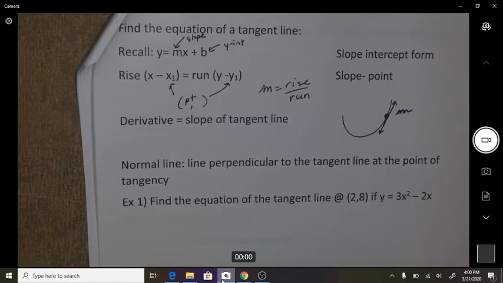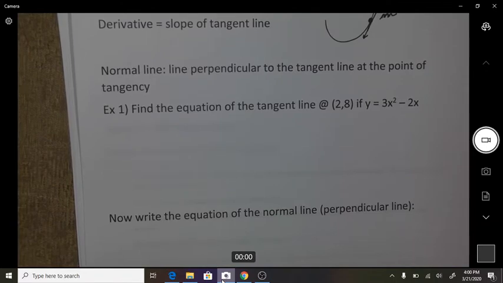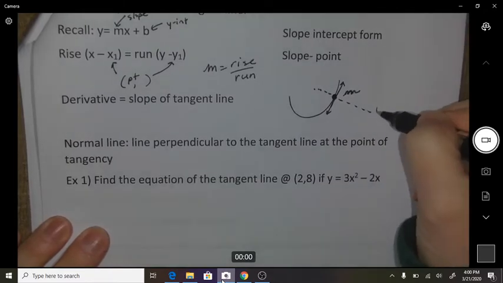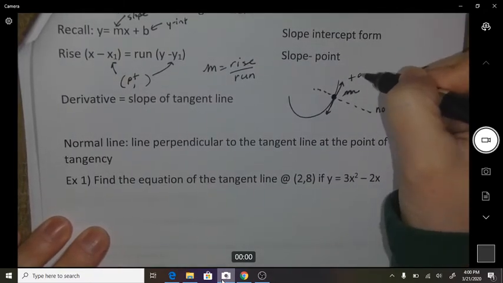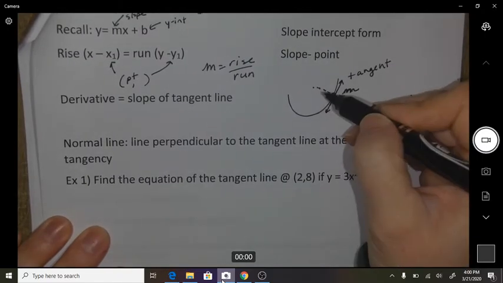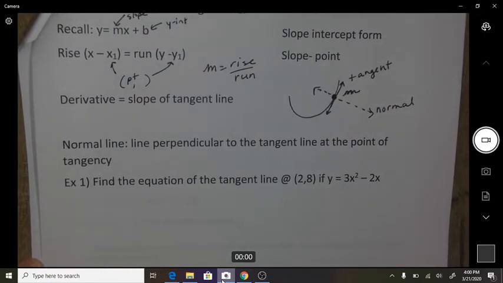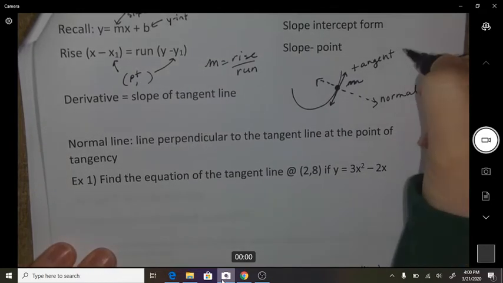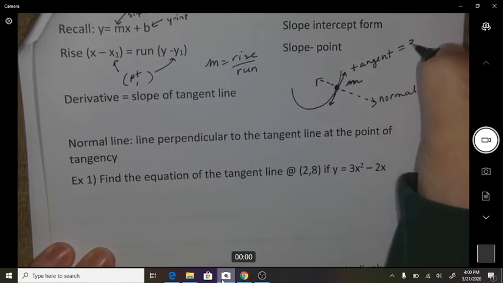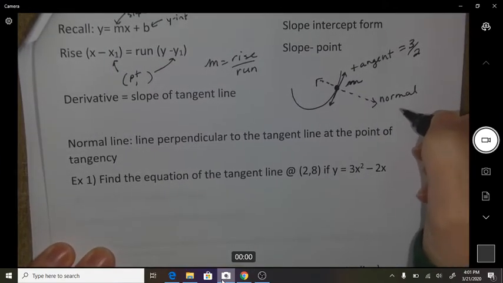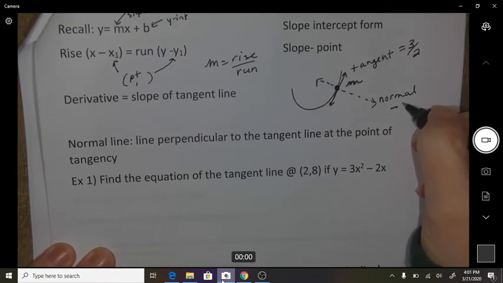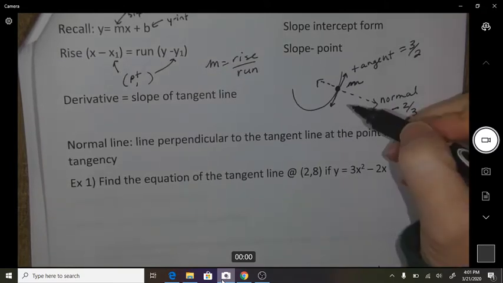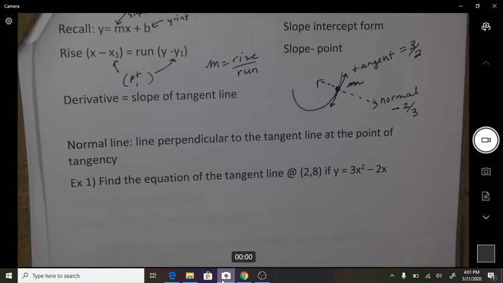Okay, a normal line is a line that's perpendicular to that at that point. So this would be the normal line if that's the tangent line. Okay, so that's the normal line. What do you remember about slopes and perpendicular slopes? So for instance, if this was a slope of 3 over 2, then this would have a slope of negative, and then you would reciprocate it. Okay, so obviously you can see that this is going upward and this is going downward, so positive and negative,